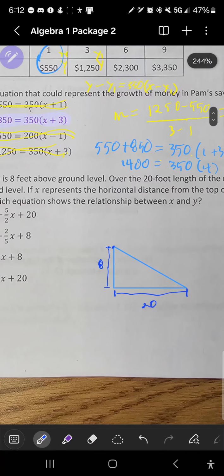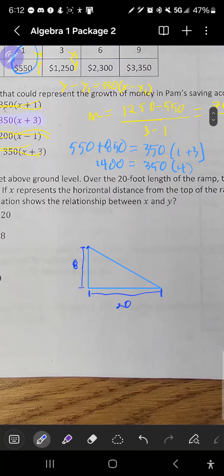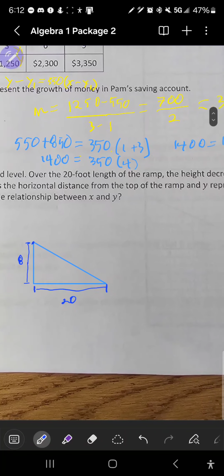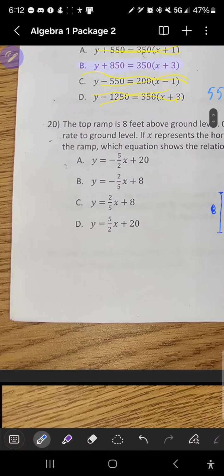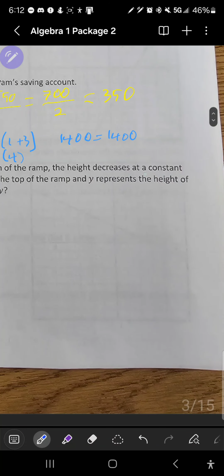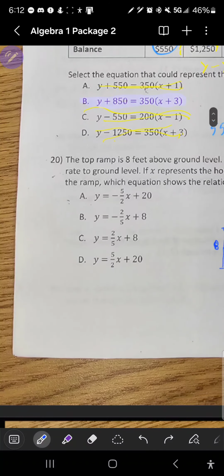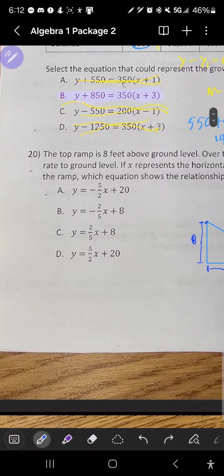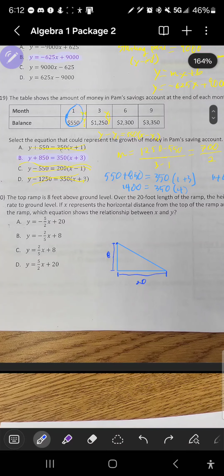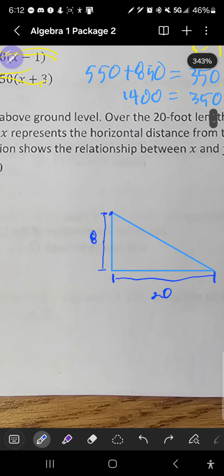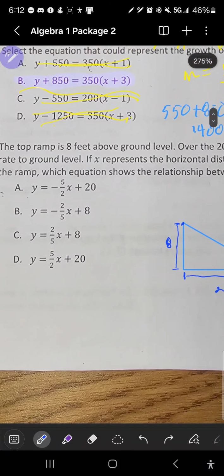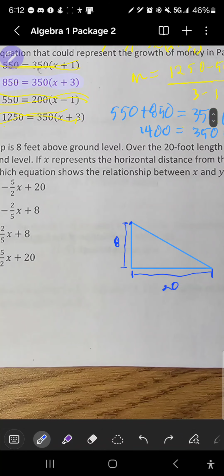The horizontal distance decreases at a constant rate. Basically it is asking how do we make an equation from this data? We know the height of the ramp and we know the length of the ramp. And you can be thinking, well, now what? But what we need to do is just